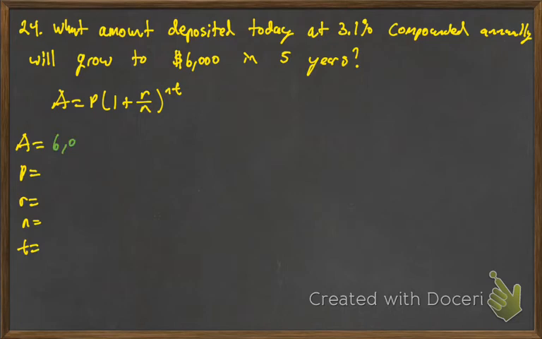So let's go ahead and put in what we want. We want it to grow to $6,000, so that's our future value. We don't know how much to deposit, so we don't know what our present value is. That's what we're tasked to find. Interest rate is 0.031. N is 1 and T is 5. So we'll go ahead and put that all into the formula here,